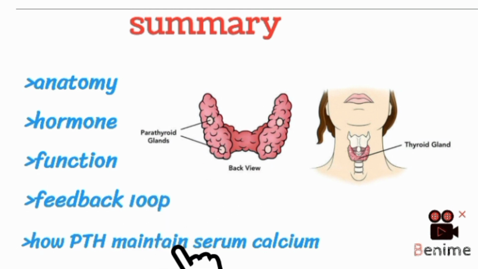Then we discussed feedback loop mechanism. We said that low level of calcium stimulates parathyroid gland to increase the parathyroid hormone. High level of calcium inhibits the calcium sensing receptors in the parathyroid glands, which will decrease the parathyroid hormone secretion. Then we discussed how parathyroid hormone maintains serum calcium. We said that the parathyroid glands maintain serum calcium in response to the feedback loop mechanism, that is, low level of calcium stimulates parathyroid glands, that causes the release of parathyroid hormone, and that parathyroid hormone then acts